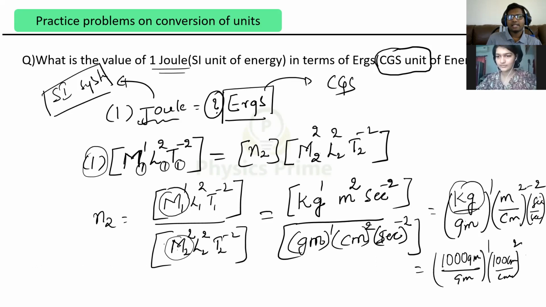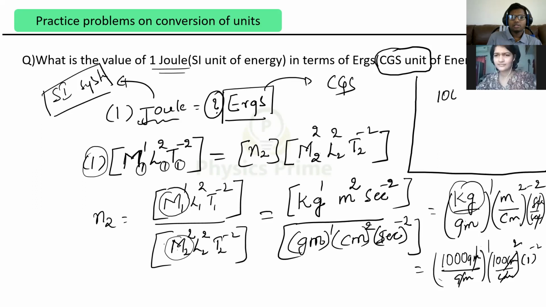Second by second, can I cancel both of them? Yes, sir. 1 power minus 2 is again 1, since 1 power anything is 1 only. Now centimeter cancels, gram cancels here. So can I get here 1000 power 1? I'm just writing it here. Is it clear for you?